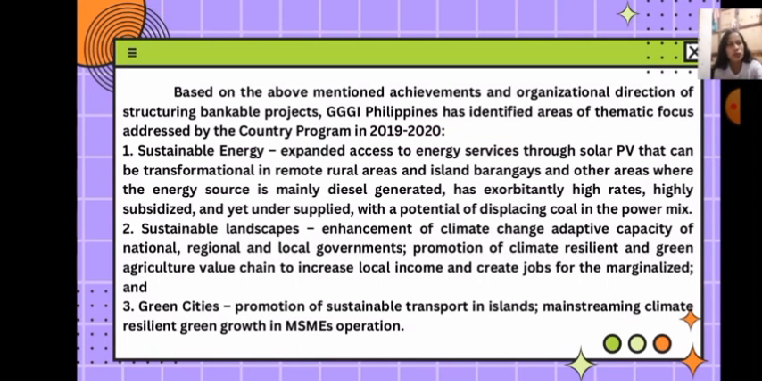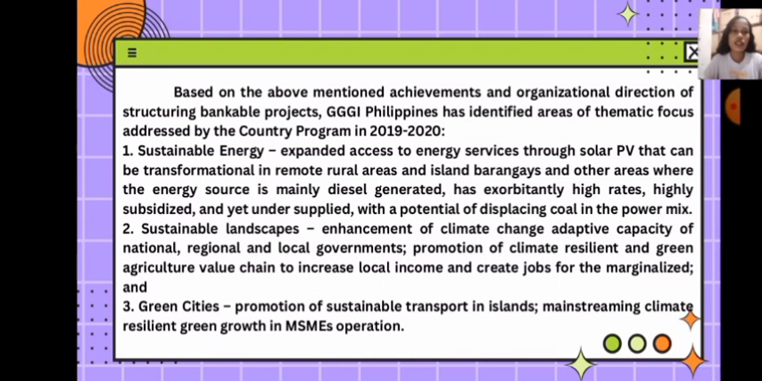So based on the above mentioned achievements and organizational direction of structuring bankable projects, GGGI Philippines has identified areas of thematic focus addressed by the country program in 2019 to 2020. Some of the projects have already been completed and some are still ongoing. So first is sustainable energy,